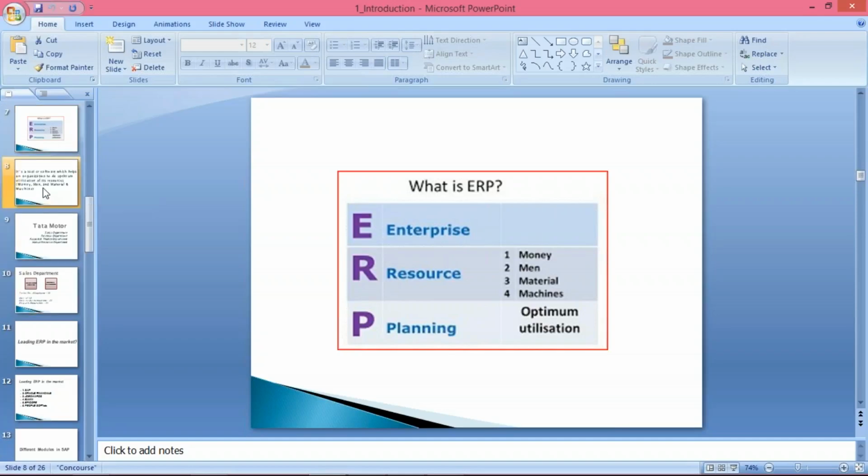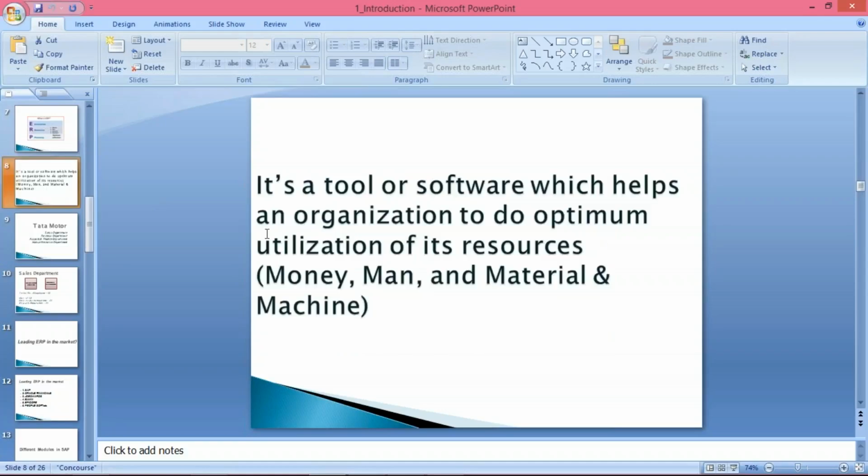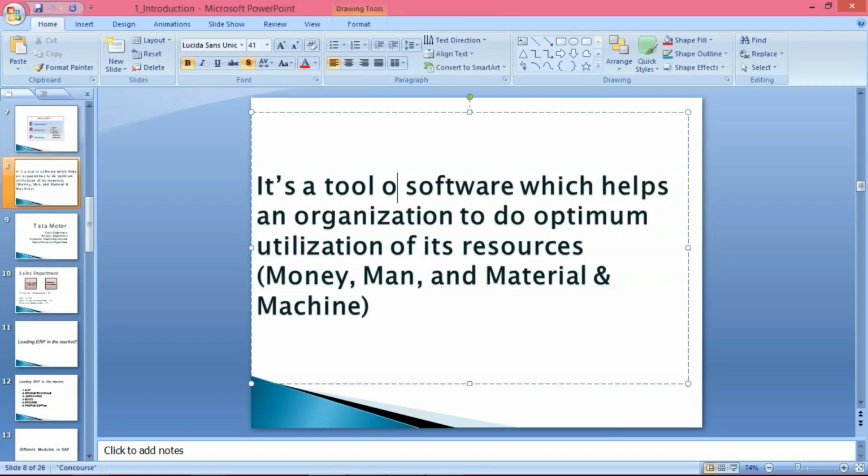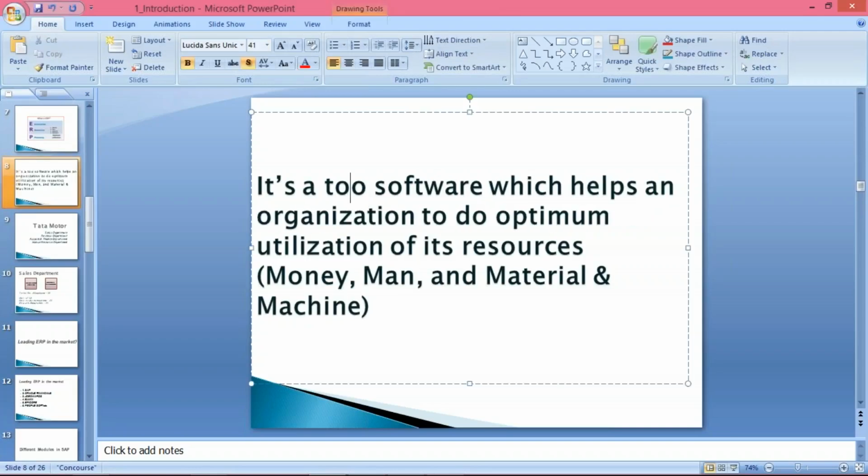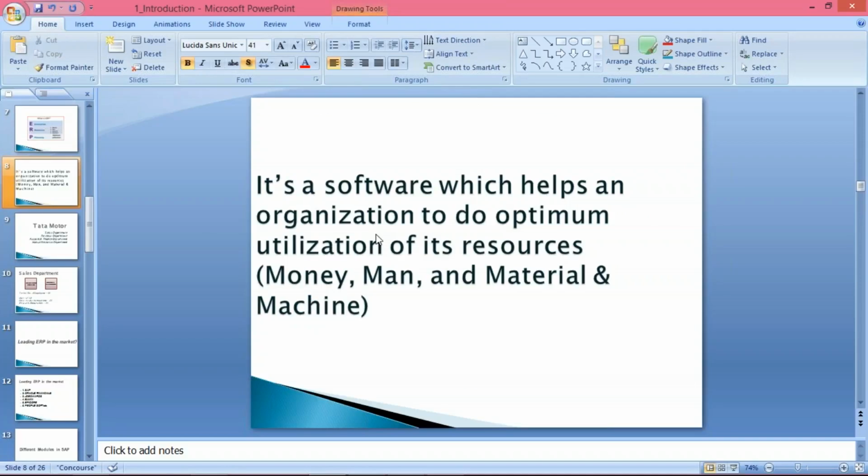So the simplest definition of an ERP is that it's a tool or software. If saying tool is going to be confusing, I'll just say it's a software. Now it will be easy for you to understand. It's a software which helps an organization do optimum utilization of its resources.